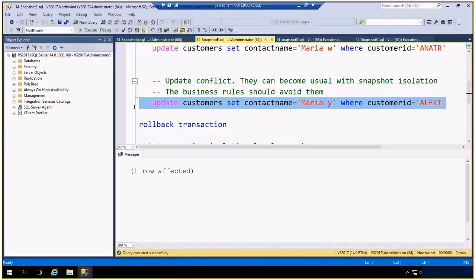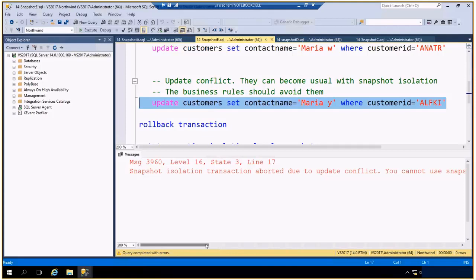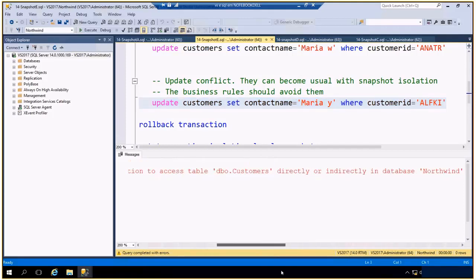If I try to update this record now, I'll get an error because I'm not seeing the most recent version of the record. The snapshot isolation level doesn't allow me to update a record if I'm not seeing the most recent version of the record. Someone else updated the record before me. So I get an error and my transaction is aborted. I get a conflict on the updates.